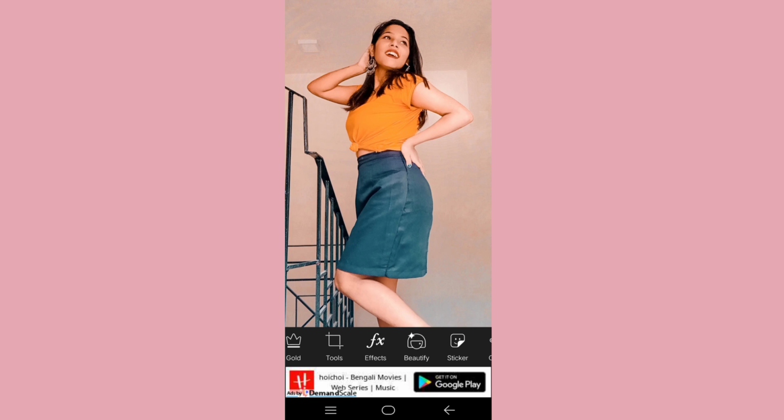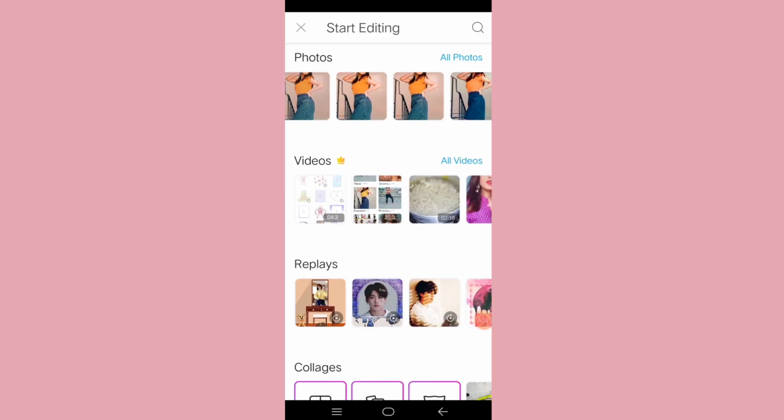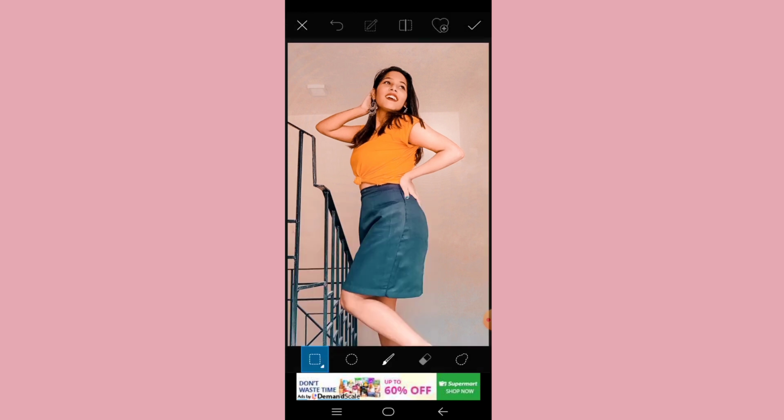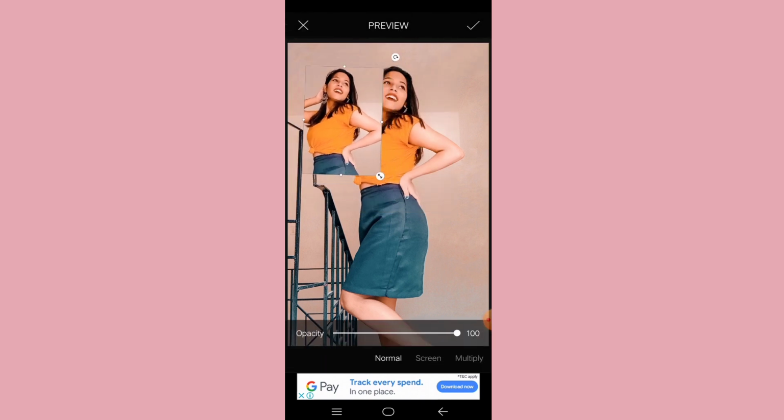Yeah, here we go. Okay, so now coming to PicsArt. I'm saving the picture in two ways. I just use Noisy first and save the picture, and now I'm taking the same picture again, and going to tools, I am using the selection tool and copy pasting my picture.